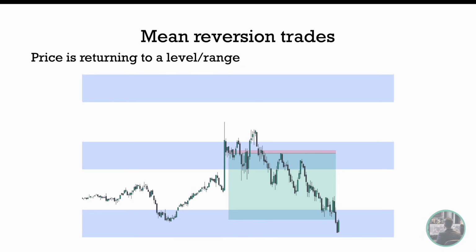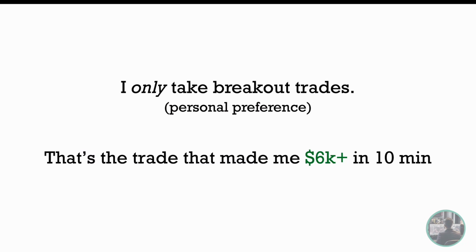This doesn't mean it can't work, but you just need to know what type of trade you're in and play by those rules. A breakout will usually move swiftly in your direction, while a mean reversion trade might or might not. It's more of a coin flip. For this reason, I only take breakout trades. Mean reversion trades are fine, and I've seen many traders apply the LCE model with mean reversion trades successfully, but as a personal preference, I only take breakout trades,